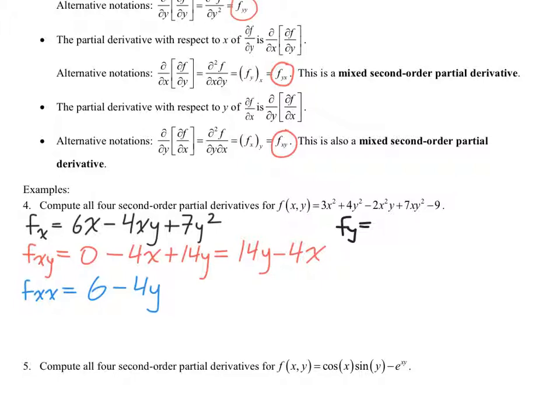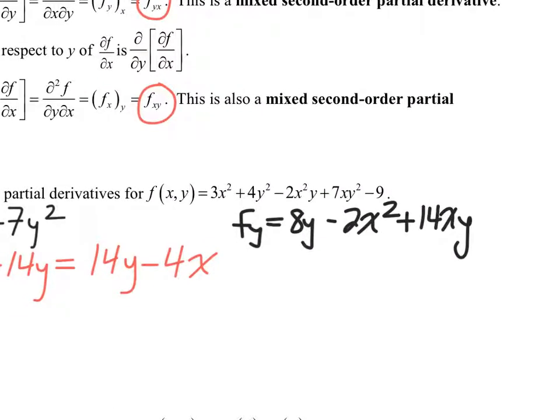All right. So still not too bad because it's all polynomial based. You have some proportional relationships here, but it doesn't make it any more difficult. So with respect to y, the 3x squared is going to 0. What's 4y squared going to? 8y. Negative 2x squared y, minus 2x squared, 7xy squared, plus 14xy. All right. So from that, we'll draw a little line here, my mixed partial,